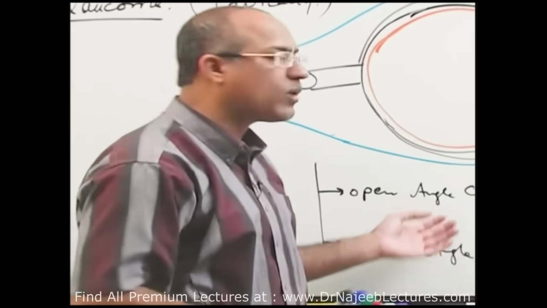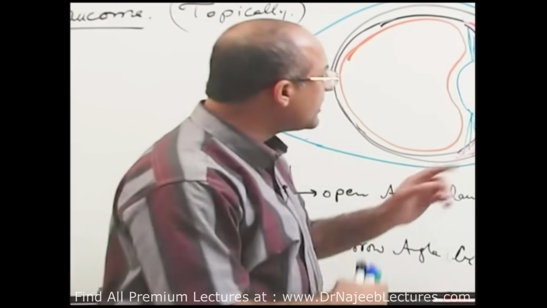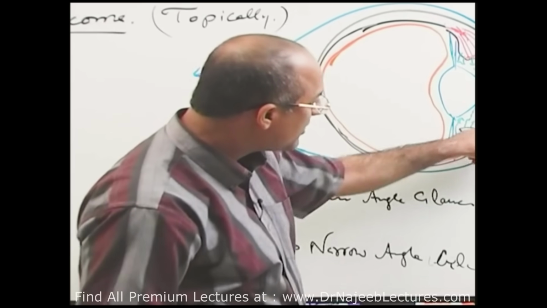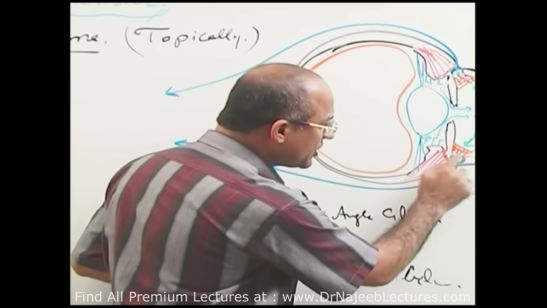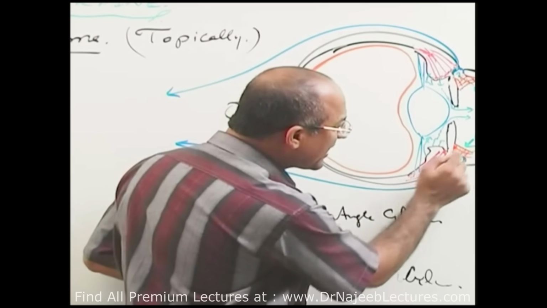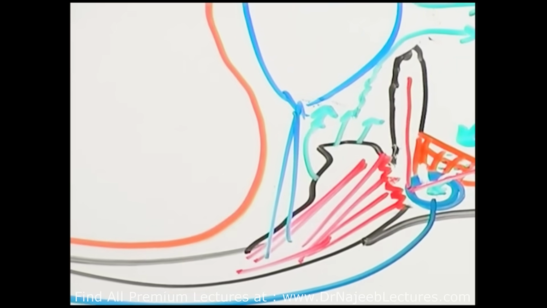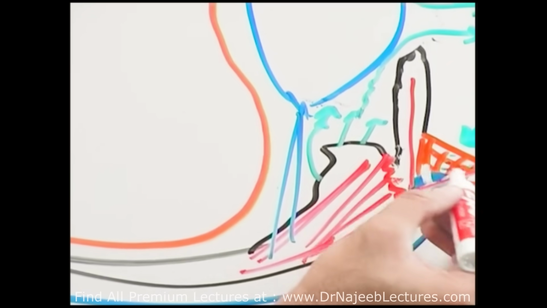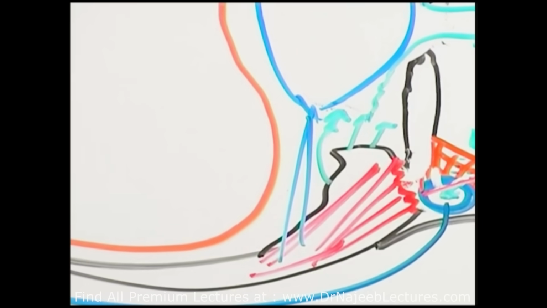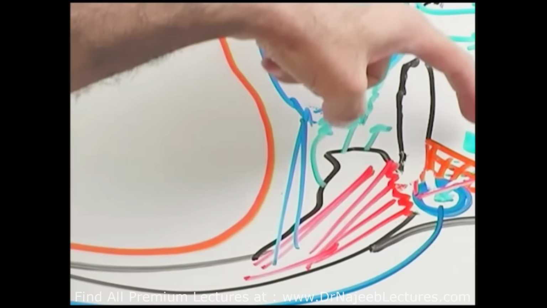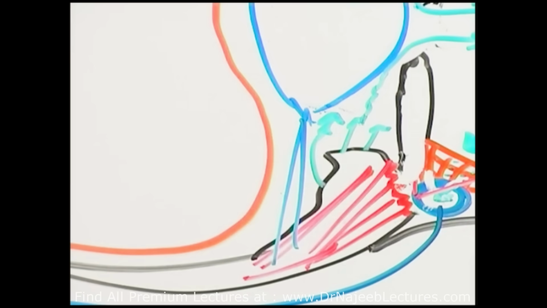In open angle, first of all, what is angle? First of all, we should know which angle we are talking about, whether it is narrow or wide. The angle is between the cornea and iris, or the corneo-scleral junction is having this angle. In this angle, what is this? The trabecular meshwork, a network of connective tissue and collagen. Now, this is the angle through which normally aqueous humor filters and reaches the canal of Schlemm and then is drained.